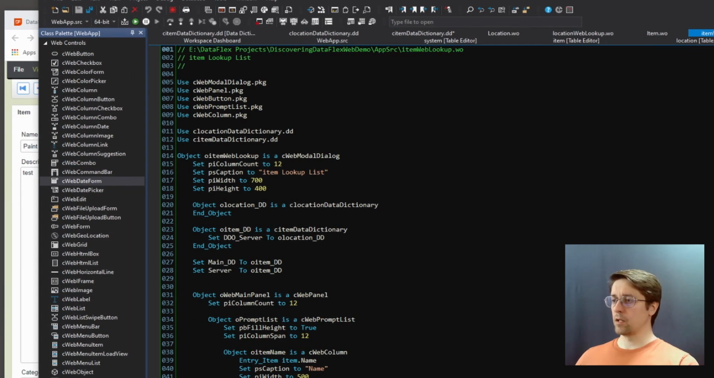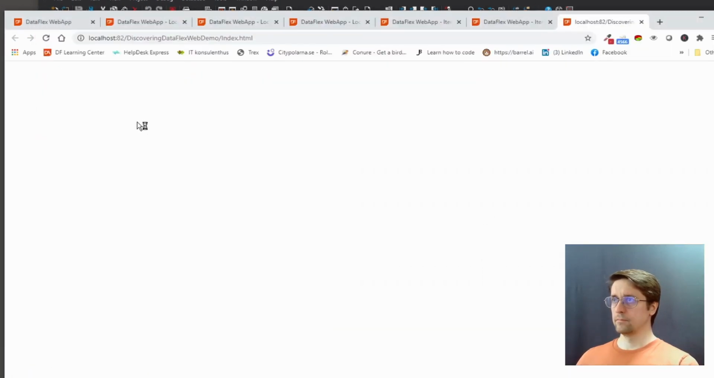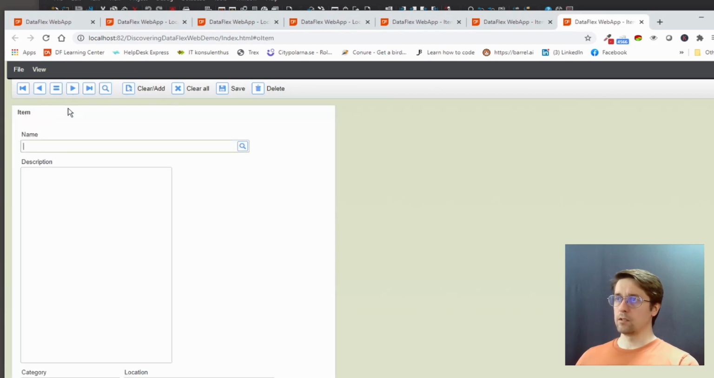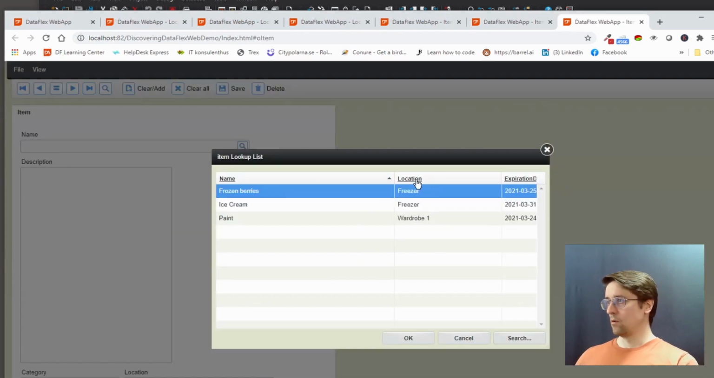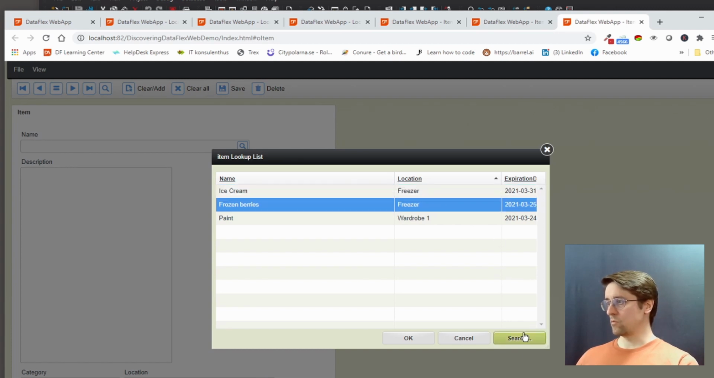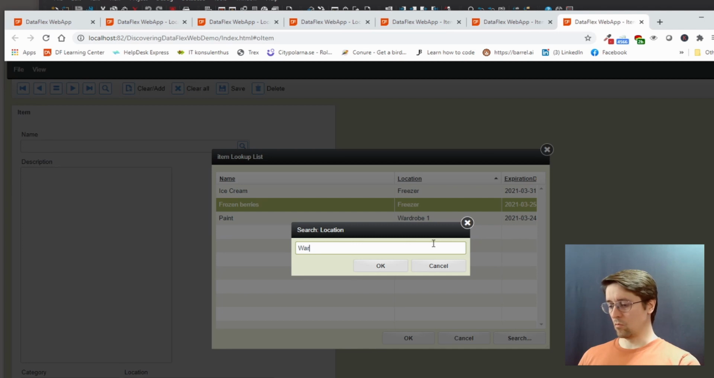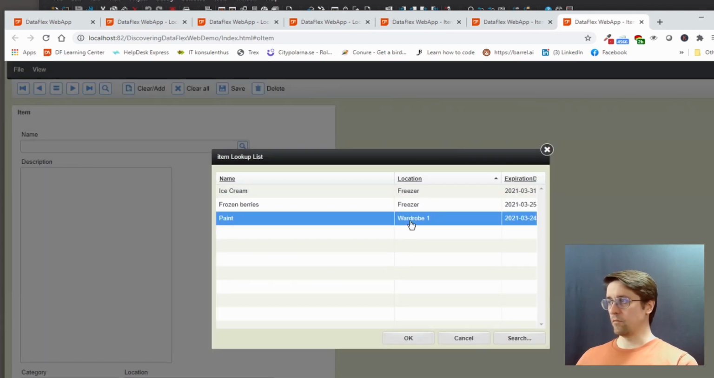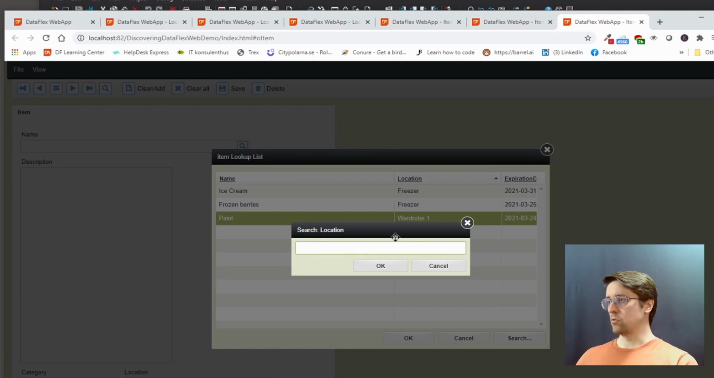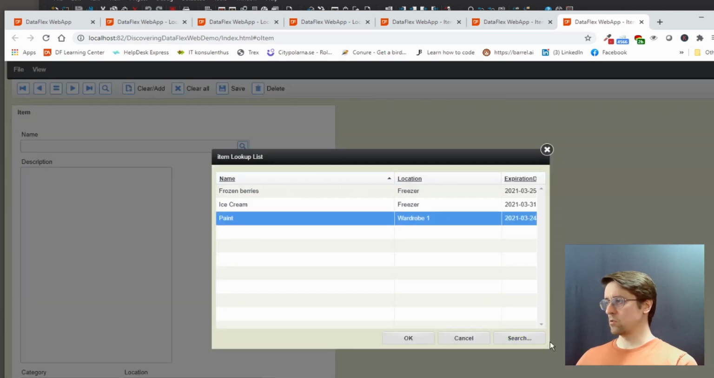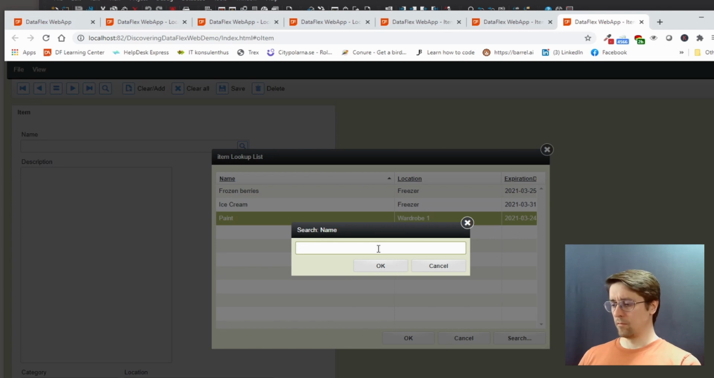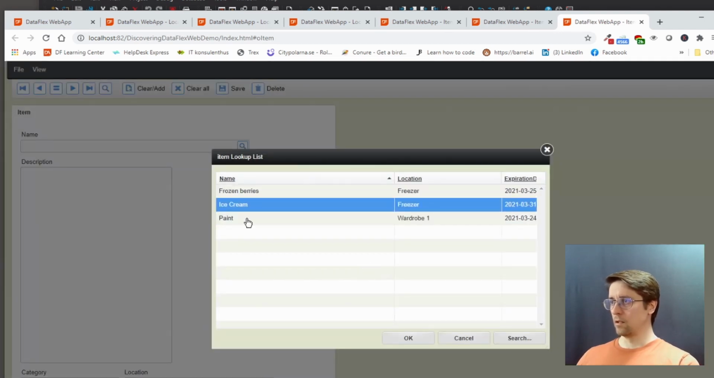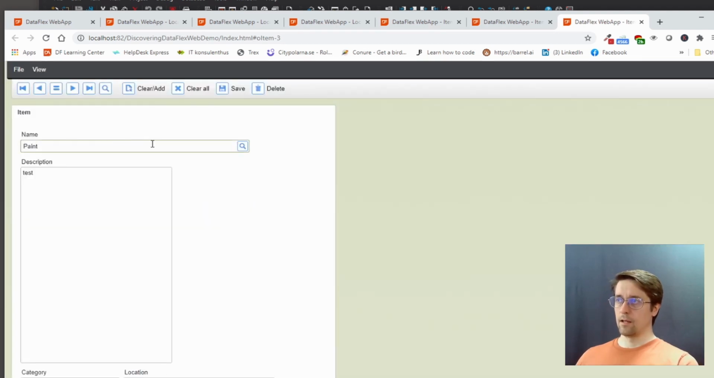And when we run this application again, we can go into item, and here we have a list. We can search. We can search for, let's see, wardrobe, and it finds the wardrobe. We can search, let's pick ice cream and search for ice. It finds the ice cream. And that's great. So now we can pick that, and we can pick something, we can pick the paint, and